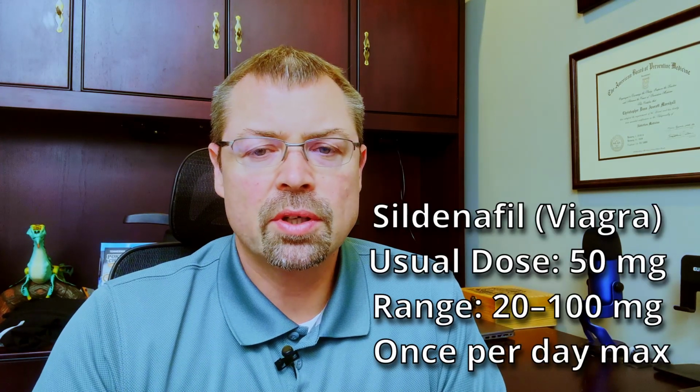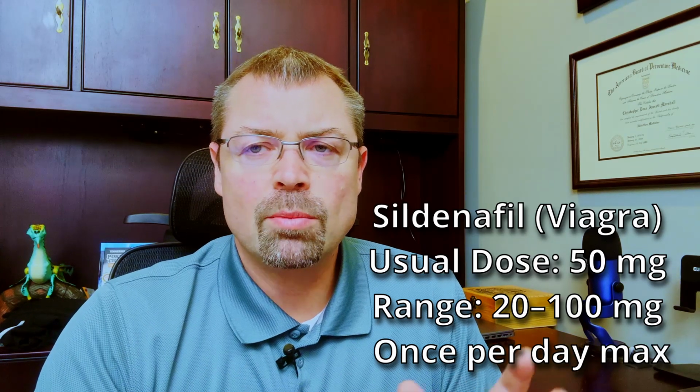So Sildenafil is typically taken on an as-needed basis about 30 to 60 minutes before sexual activity. The usual starting dose is around 50 milligrams, but it can be adjusted as needed for effectiveness. The dose ranges typically from 20 milligrams up to 100 milligrams, but you should never take more than 100 milligrams